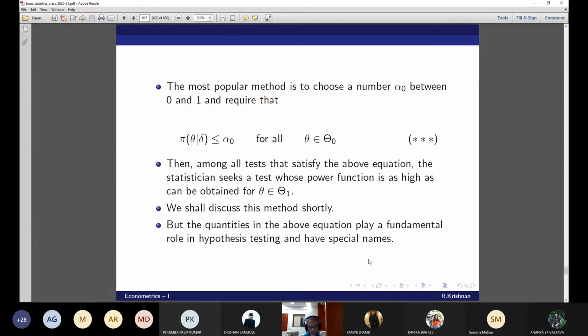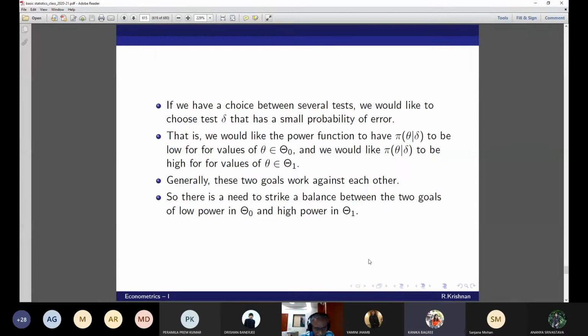Remember, what does a power function tell you? Power function is all about what? Rejecting the null. Look at this. There is no ideal power function. The ideal power function would be 1 for all the rejection region and 0 for the null, isn't it? Yes, sir. Okay, that's not possible.